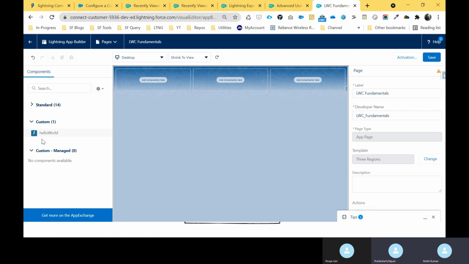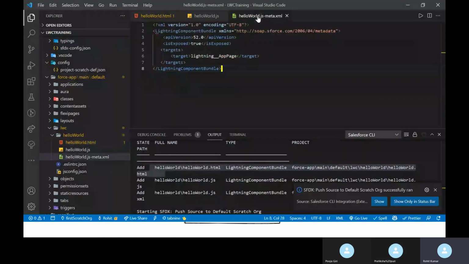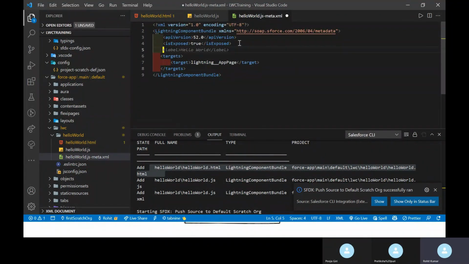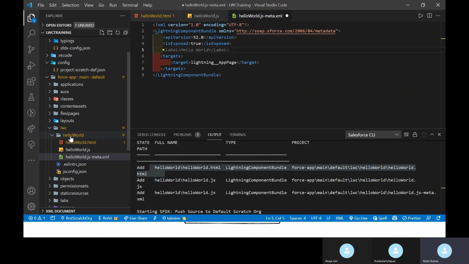She is asking why we cannot change the name. You can change it with the help of some external parameters. Here you can see the metadata file, and after that you can see some tags here, and you can override this name.